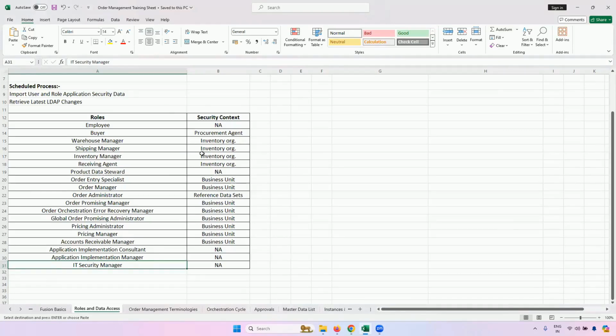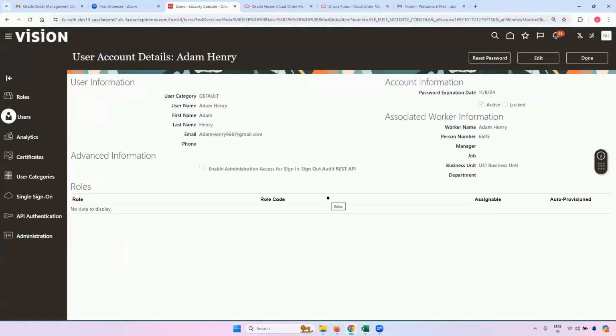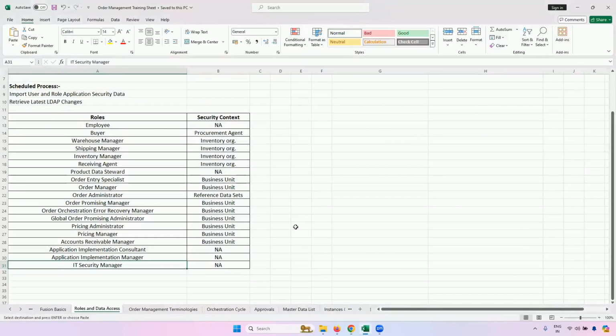I will explain each and every role now. You're right, not every person can access the security console. Before I assign him any roles, let me go to my sheet and explain each and every role.